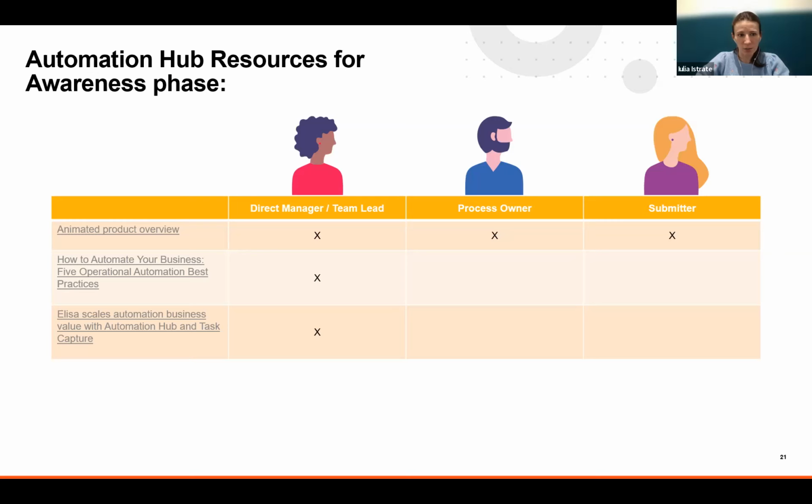The users that maybe are most targeted, and some resources for them. Well, usually we focus on this persona of someone who is leading a team or a direct manager, someone from the business, like a subject matter expert or a process owner who knows the activities performed in a department. And of course, ultimately, we're trying to transform every employee in the department to become a submitter, a contributor into identifying new opportunities to automate. And we have some interesting resources that you can use, starting